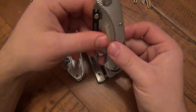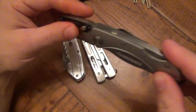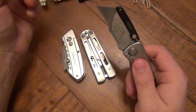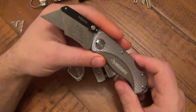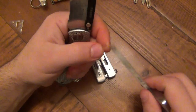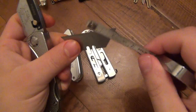First of all, this one here, right off the bat, you can see it is a lockback. It's quite a beefy lockback here. Right off the bat, you know it's not allowed because it's locking, okay? So it shouldn't be an issue whatsoever. But let's say you miss that, or you happen to have one of these where the lock doesn't work, or it doesn't have a lock at all. It's somewhat of a slip joint. The blade itself is too wide, although it's less than, you know, even from the bottom. And even if, let's say that you pull the blade out and they measure the entire length of the blade,